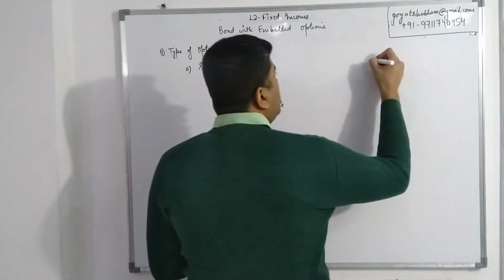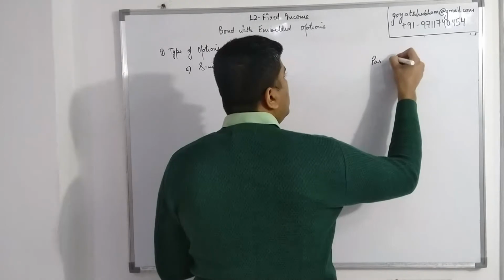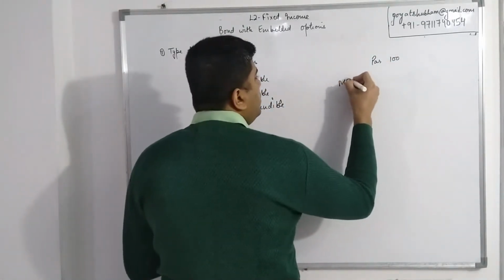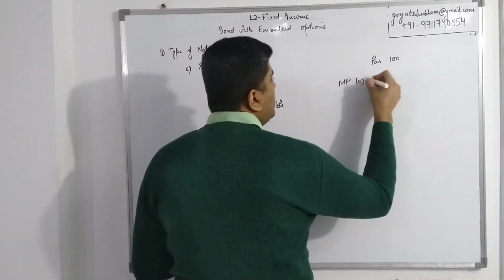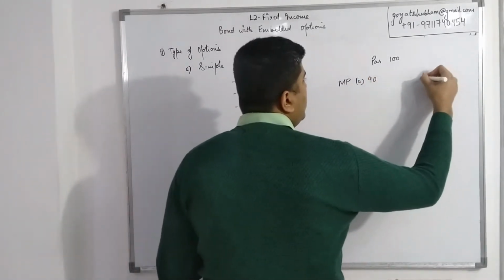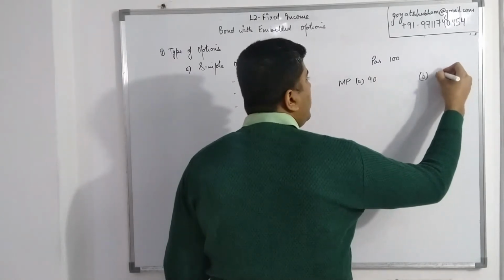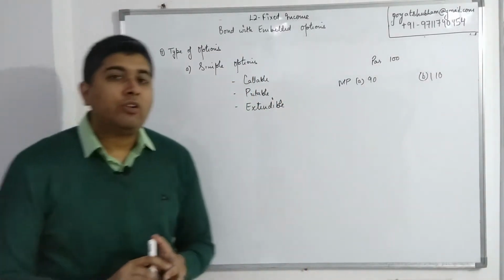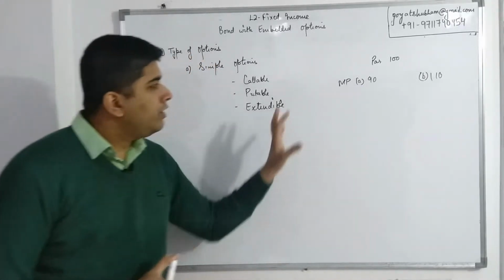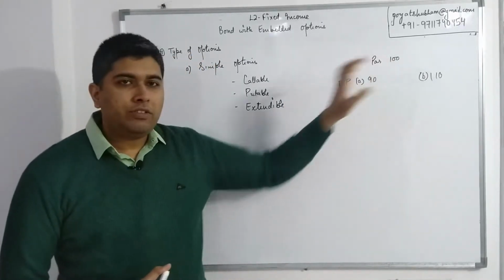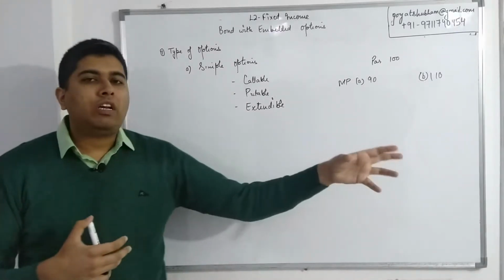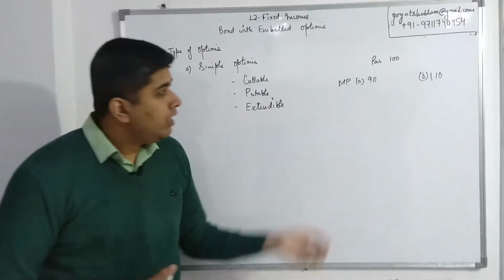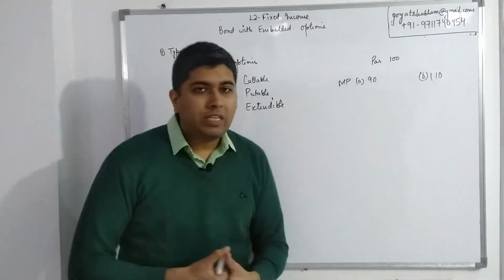Let's say the par value of a bond is 100. Let's say the market price of these bonds, in the first case, let's call the market price to be 90. And in the second case, let's say the market price is 110. Now, these are two separate situations. I want you to look at both of them in isolation. So in the first case, the bond's par value is 100, which means if the bond runs over its entire maturity, at the end the bondholders will get 100. But the market price right now is 90.